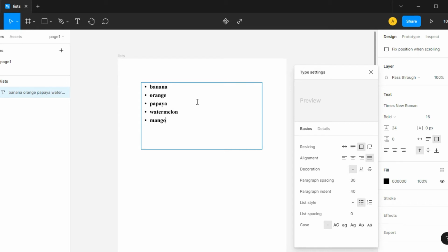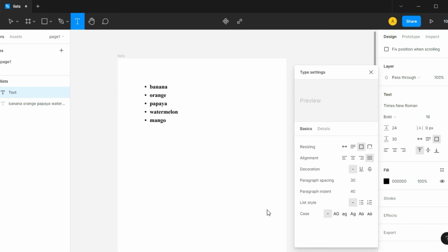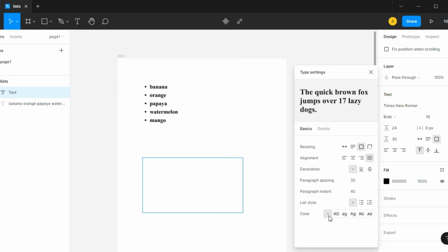Now, how do we make a numbered list? We will follow almost the same steps. I just choose a text object by pressing T on my keyboard, and then I went there and I chose numbered list this time. So number one,